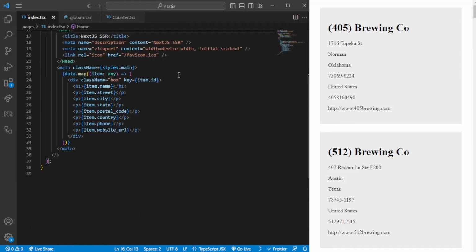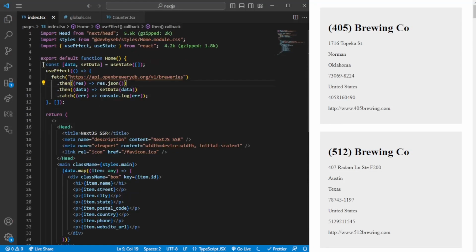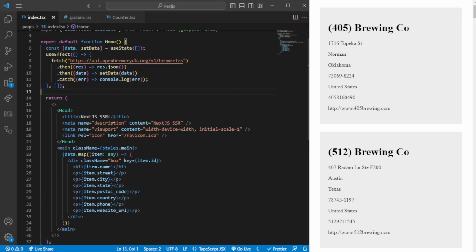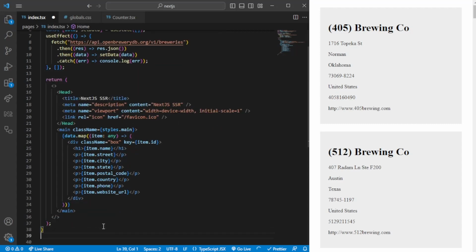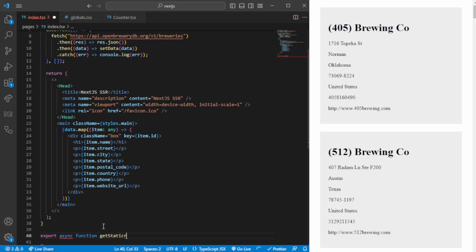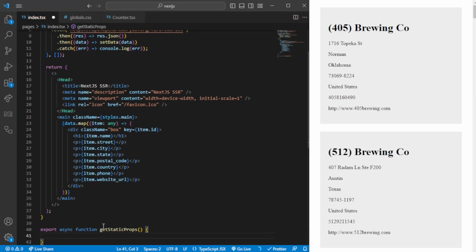In this example here, in this code, we are essentially having a normal way of doing it on the client side. So maybe you would have a useEffect, in which you're fetching something from an API that we have. So in order for us to actually add static site generation, it's quite easy to do this within Next.js. So let's navigate to the bottom of this page. So doing this, we can add export async function. So here we'll have getStaticProps, and then in here we'll have const data, and here we're going to use